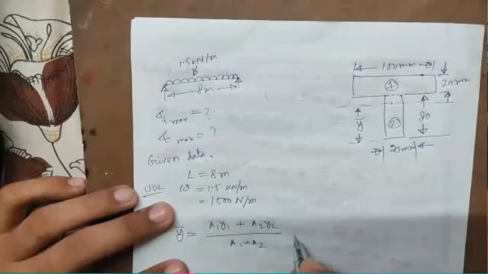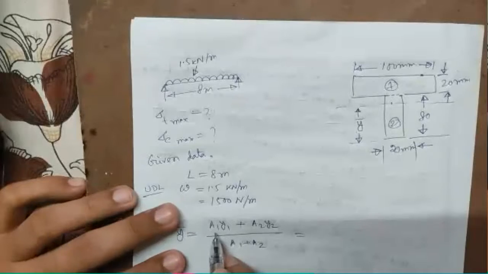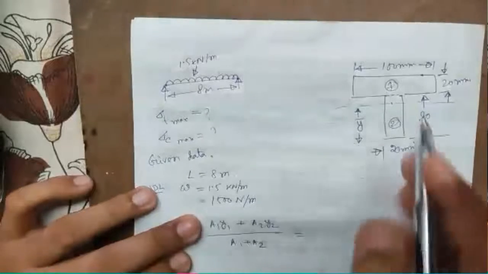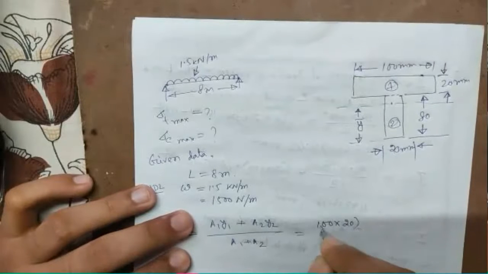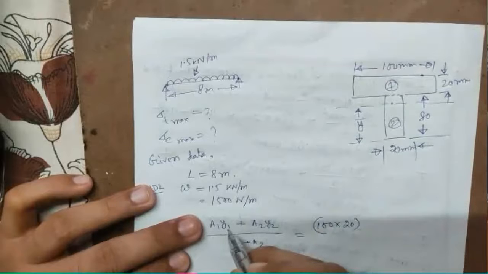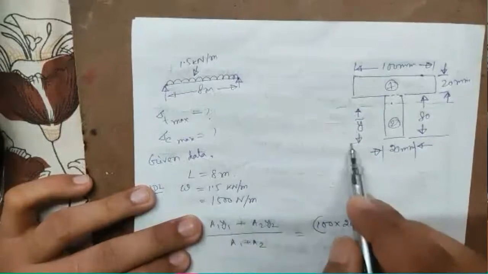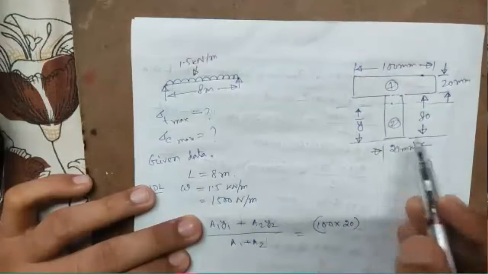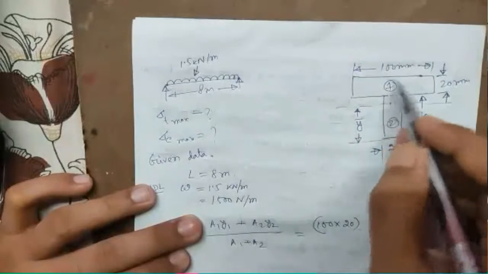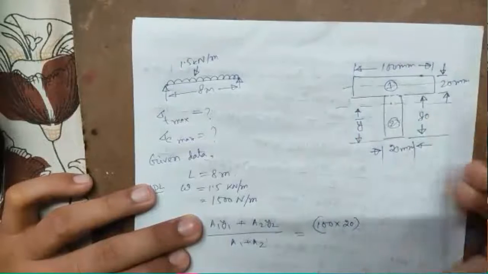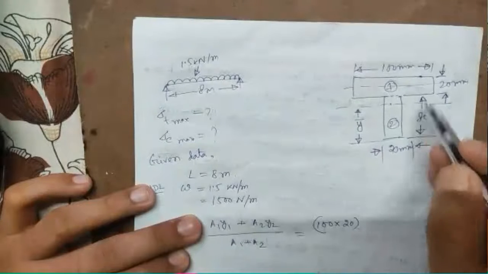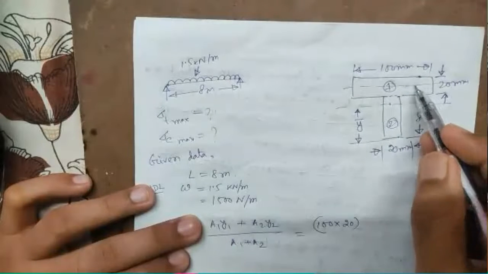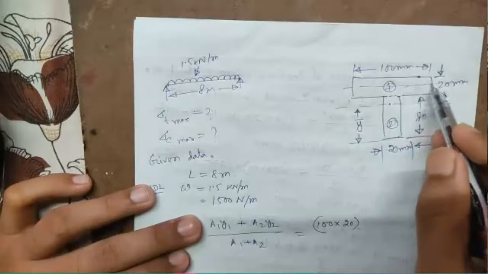Now where A1 is the area of section 1. Area of section 1 is how much? 100 mm into 20, and y1 is the distance of the CG of section 1 from this bottom face, as we have taken the bottom face as our reference line. So the CG of section 1 will be just through the middle. So the distance from this bottom face to this is how much? It is 80 up to this plus 10, because that will be from the middle. This is 20, so it will be from 10.